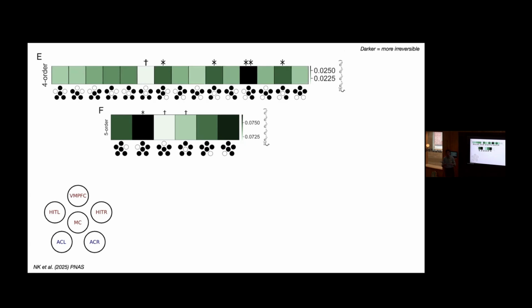This is important whenever you're doing higher order things. You don't want it to just be reducible to the lower order things. You don't want to just be adding up all the pairs to make triplets and quadruplets. But if you take the most irreversible pairs, they don't actually work together as a foursome because you're missing the medial regions in between the 2. Okay. And the last one is the 5th order, where you can think of it as which region is left out rather than working as a 5-some. And we find that when you leave out the prefrontal cortex or the other medial region, you have the least irreversible one. So it suggests that medial regions are somehow mediating or orchestrating these interactions.